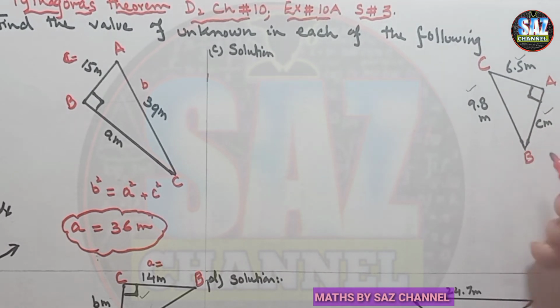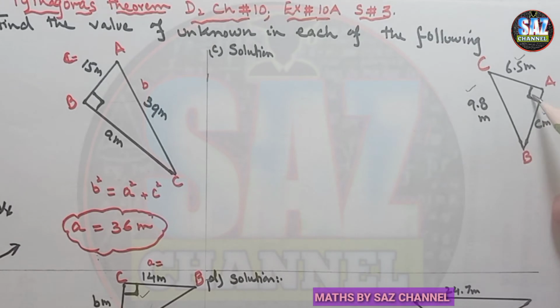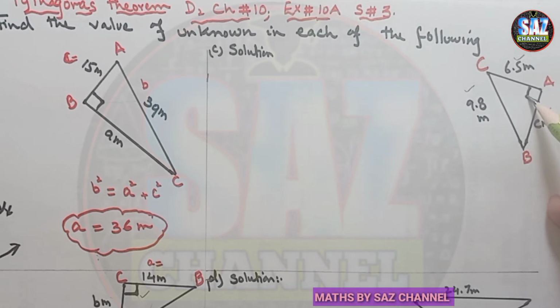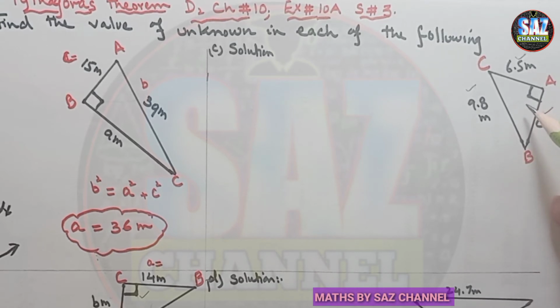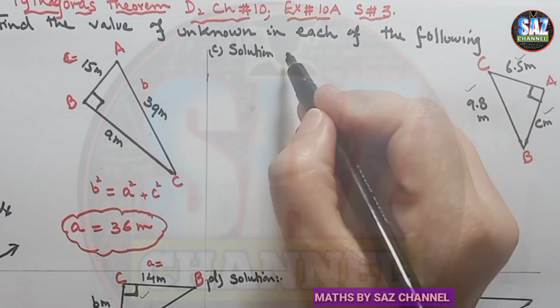It's your choice. Now the second thing that we have to focus on is where the 90-degree angle is marked, and what the hypotenuse of this triangle is. The side opposite to the 90-degree angle will be the hypotenuse. It will be the longest side of the triangle, and it has to be taken alone.